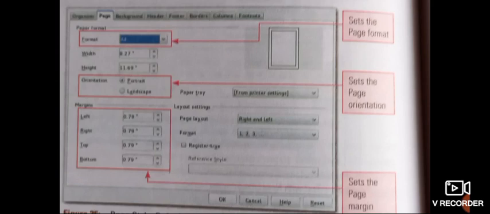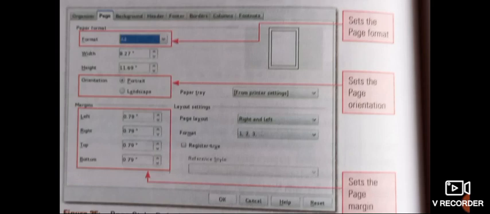The arrangement of text on a page is also called the text layout. Page formatting refers to the process of designing a page by giving the desired settings to the essential elements of the page, such as page size, orientation and margin. In other words, to format a page, we need to set its size, orientation and margin.